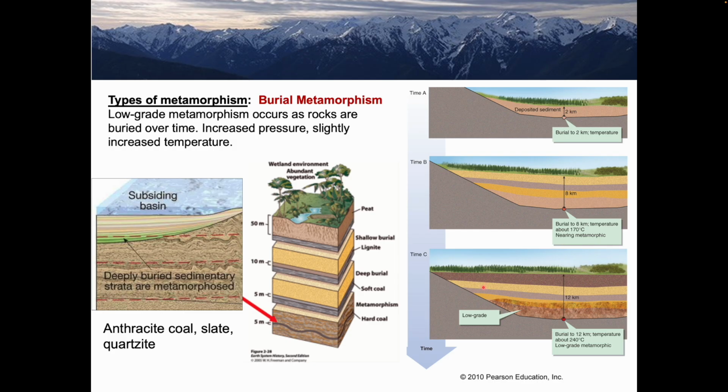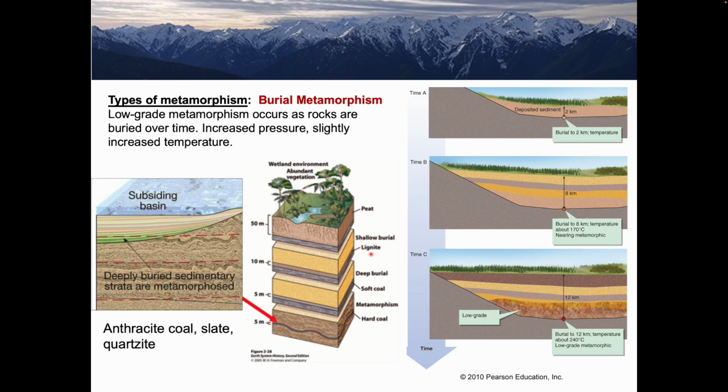Over even more time, even more sediment is deposited, and let's say that it is buried to about 12 kilometers deep. This raises the temperature to about 240 degrees Celsius in most parts of the world, and this is considered low-grade metamorphic conditions. In the middle, this low-resolution diagram shows the progression of peat, which is just compressed organic matter,